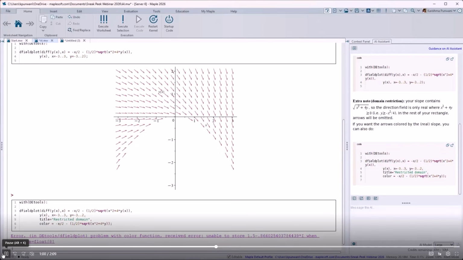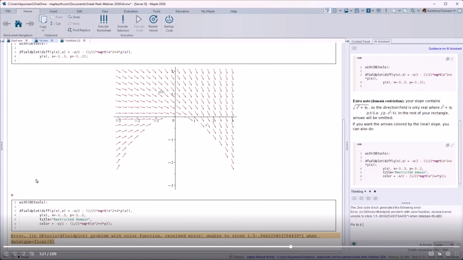But that's fine. The AI is not perfect. It does make mistakes, but I can just copy and paste this error message directly into the chat and ask the AI assistant to fix it. Again, I don't need to be eloquent in how I ask. I can just copy, paste, and say, please fix. And the AI will go and make its best attempt to fix this and give me better code. So I can do that as well. It'll fix it, and in a moment,